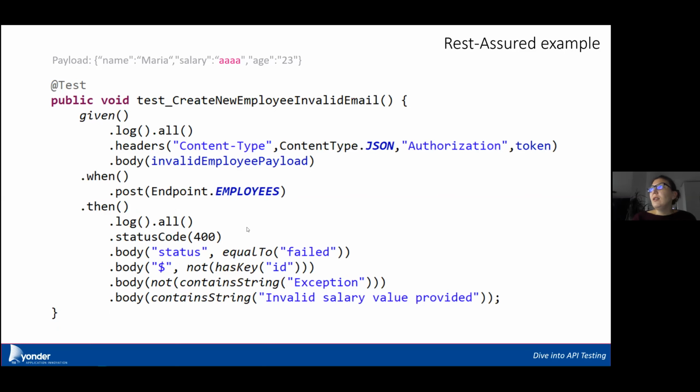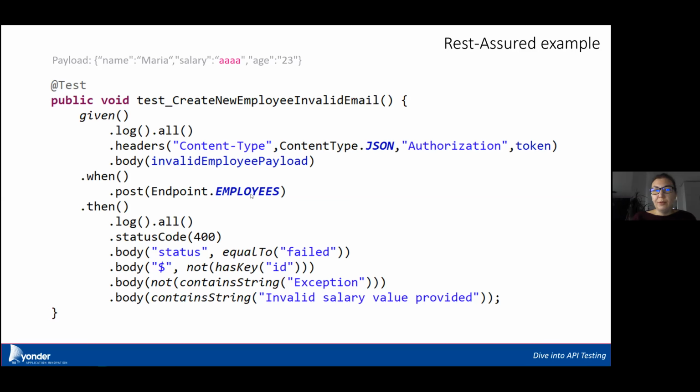The second one is a test which actually needs to provide an error. So to try to create an employee with an invalid, actually I have a bug there, it's not email, it's just the salary. So it goes the same concept. I have the payload here with the wrong salary. Given the fact that I have the content type as header because it's required for the API, and I already have a token because I was authenticated before, and I have the invalid payload, when I'm going to post to